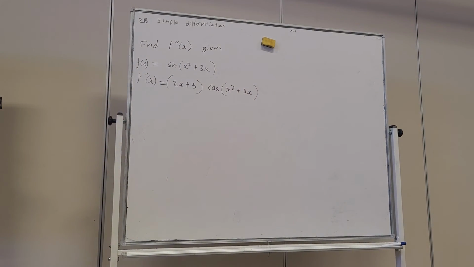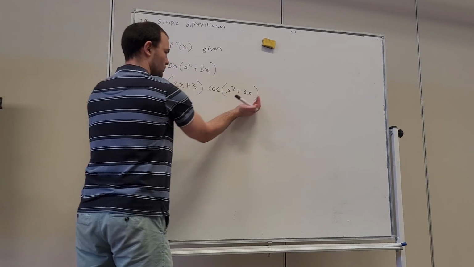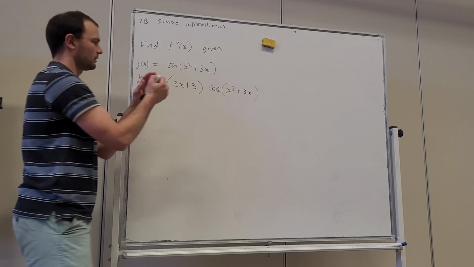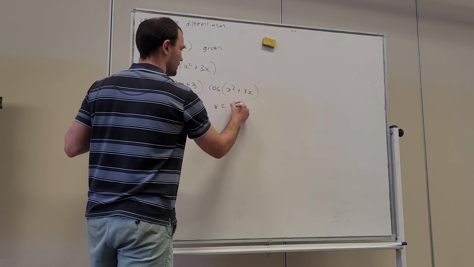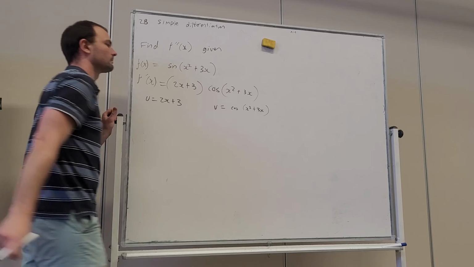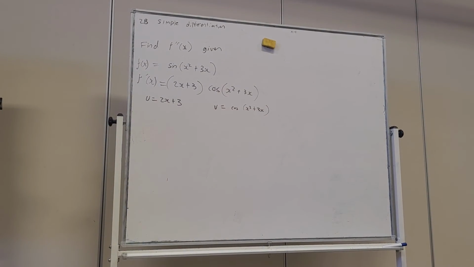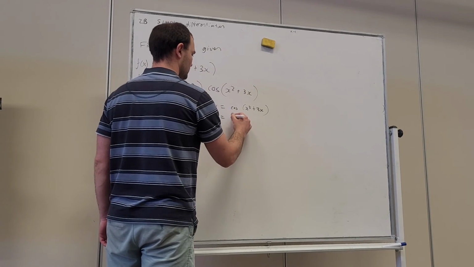Okay, so that's our f dash of x. Then we're ready to find f double dash of x. What rule do we think we might be using? If I'm looking at this function and I want to differentiate it, what can we see? Product rule. Excellent. 2x plus 3, and cos of x squared plus 3x. Okay, so u dash is going to be 2, v dash will be